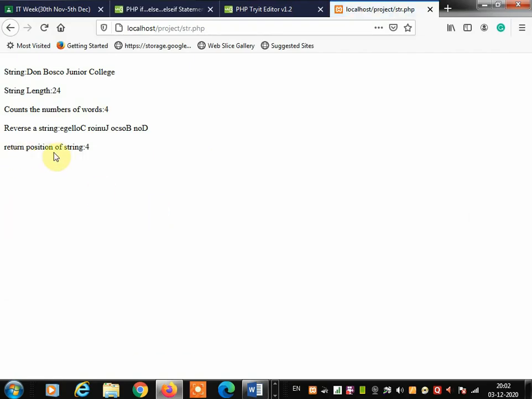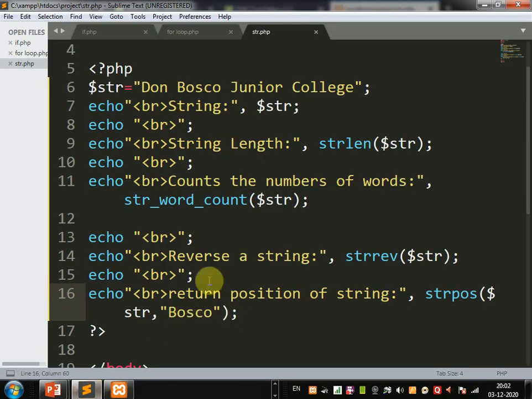Now see, the returned position of the string is 4. So the position of the word Bosco in the string is shown there. That is the use of the strpos function.